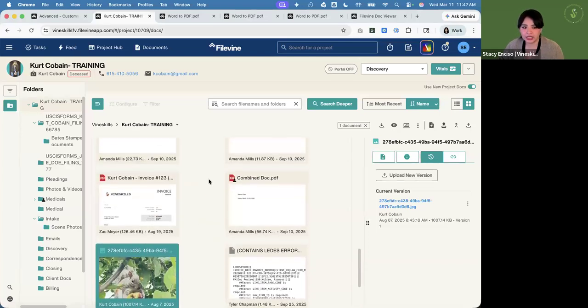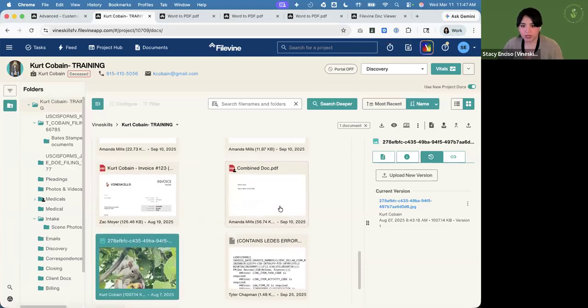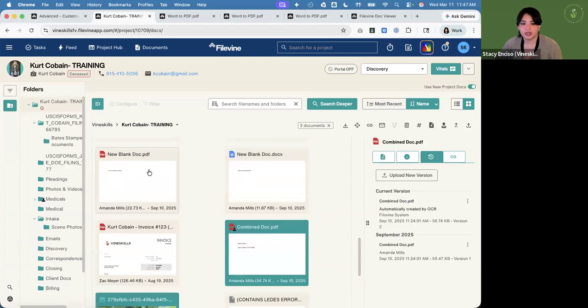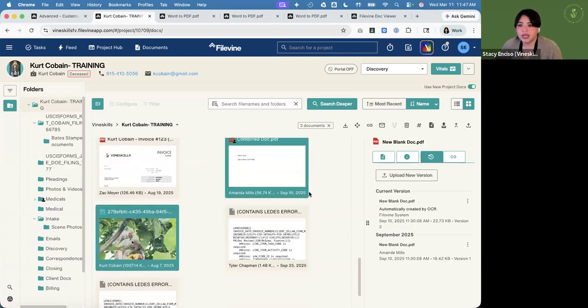Because sometimes, let's say we wanted to combine this document with this one and this one, it can convert it to a PDF, but it doesn't always look very good. So if we go ahead and we combine them,